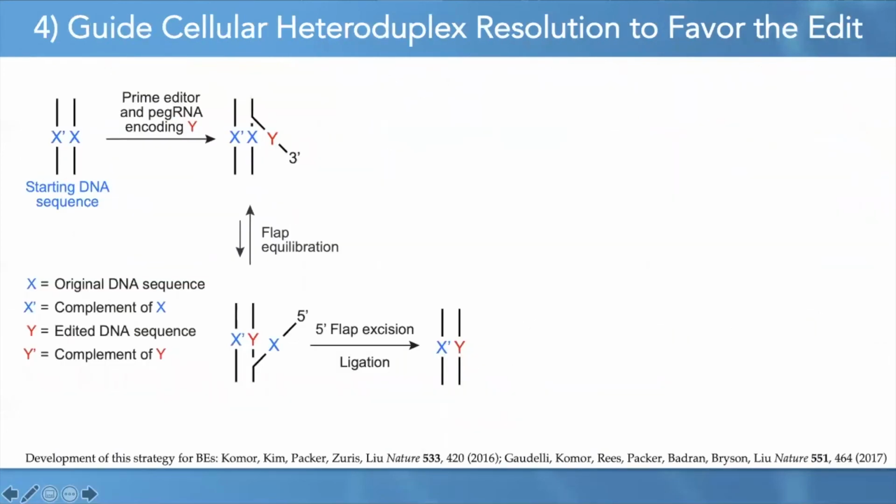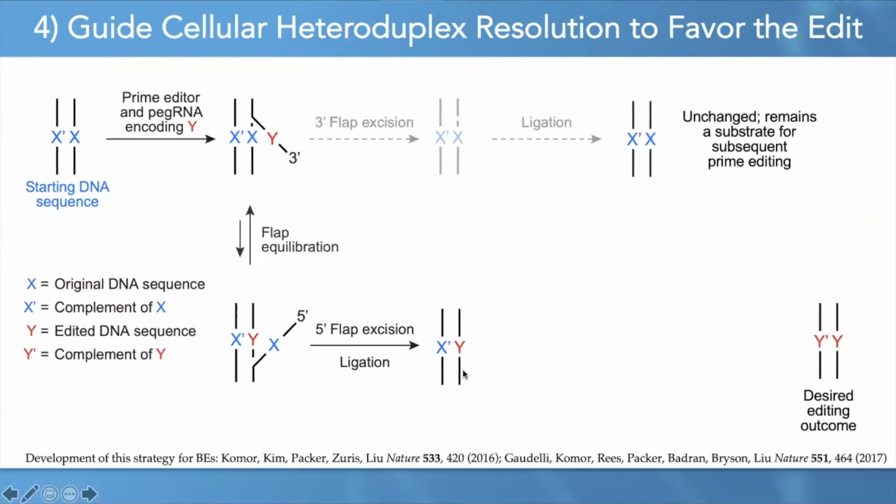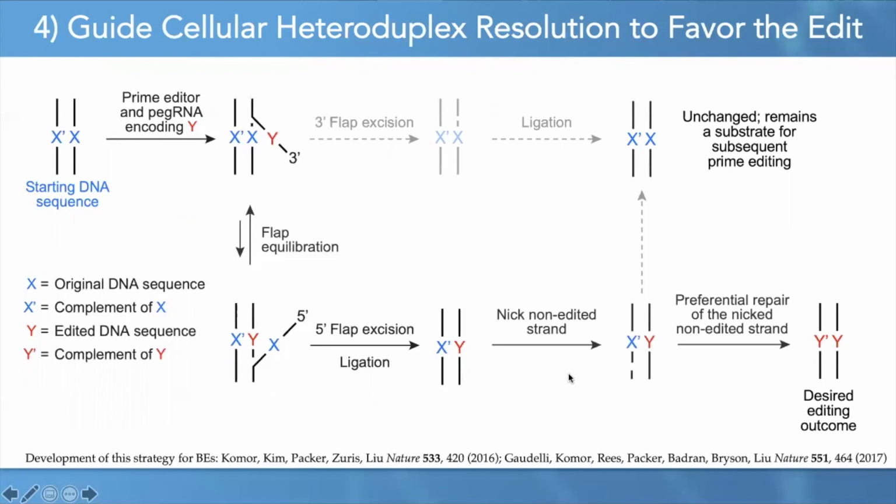The PE2 system provides a method to copy an edited sequence into a 3' flap, and then have this edit resolved by cellular flap resolution into a heteroduplex of mismatched DNA that contains one edited strand and one unedited strand. To guide cellular resolution of this heteroduplex in a manner that favors the edited strand, and also hopefully increase prime editing efficiency beyond the level seen with PE2, we borrowed a strategy originally developed for base editing. We nicked the non-edited strand of heteroduplex DNA, biasing cellular repair to replace the non-edited strand using the edited strand